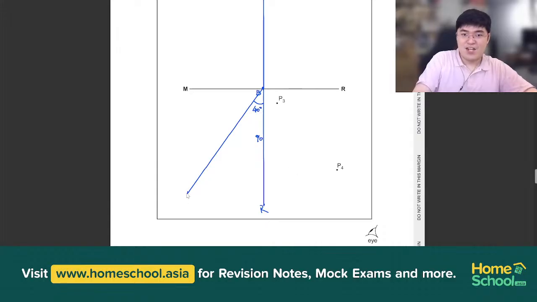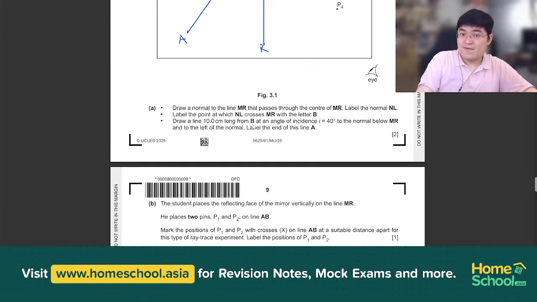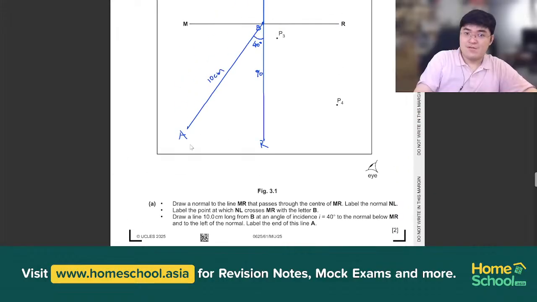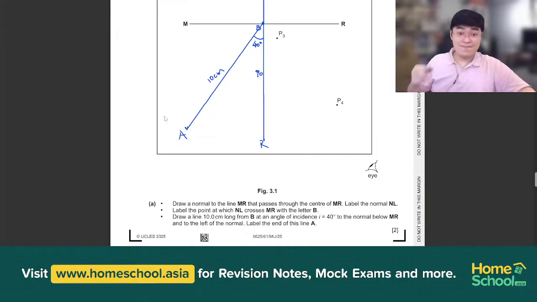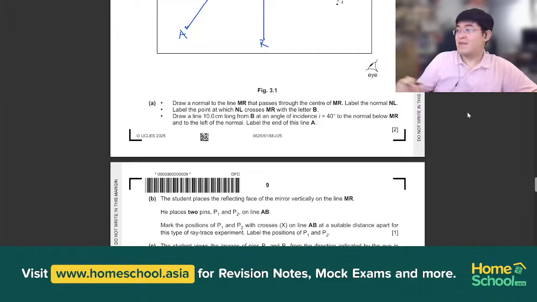Make sure this line over here, A to B, is 10 centimeters across. It's a 10 cm line from B, so from here to here must actually be 10 centimeters. If it's not 10 centimeters, you will be penalized. You will not be given a mark if you draw a line that's shorter or longer than it. Of course, if you do this properly,